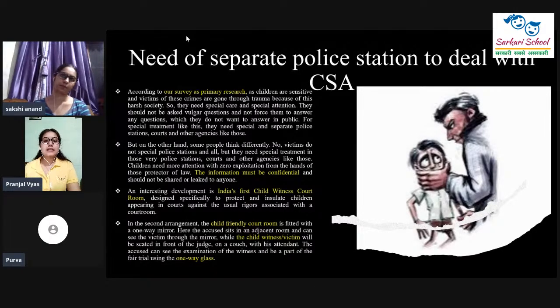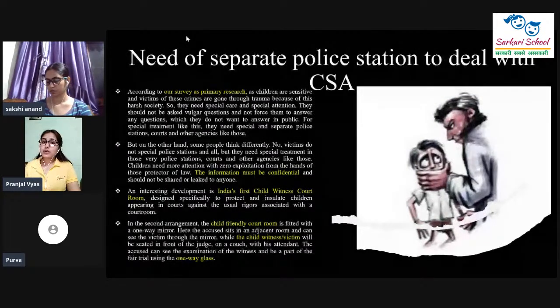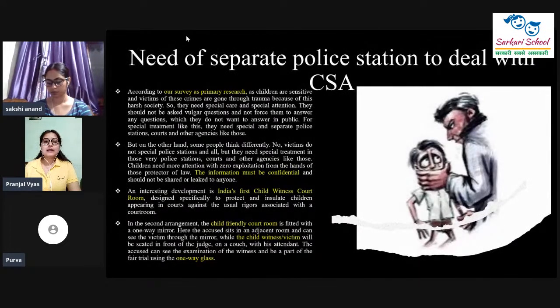They need special care and special attention, and it must be mandatory that they are not asked any vulgar questions if they are not feeling comfortable answering them. For special treatment like this, yes, they need a separate police station, courts, or other agencies. On the other hand, we received some opinions saying no, victims do not need any special